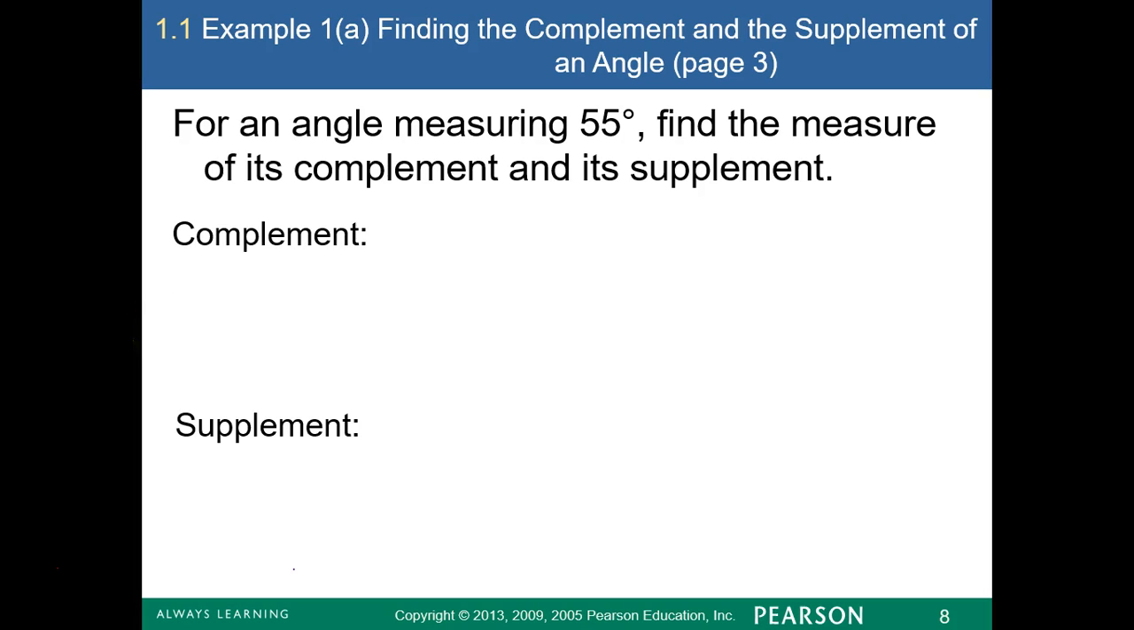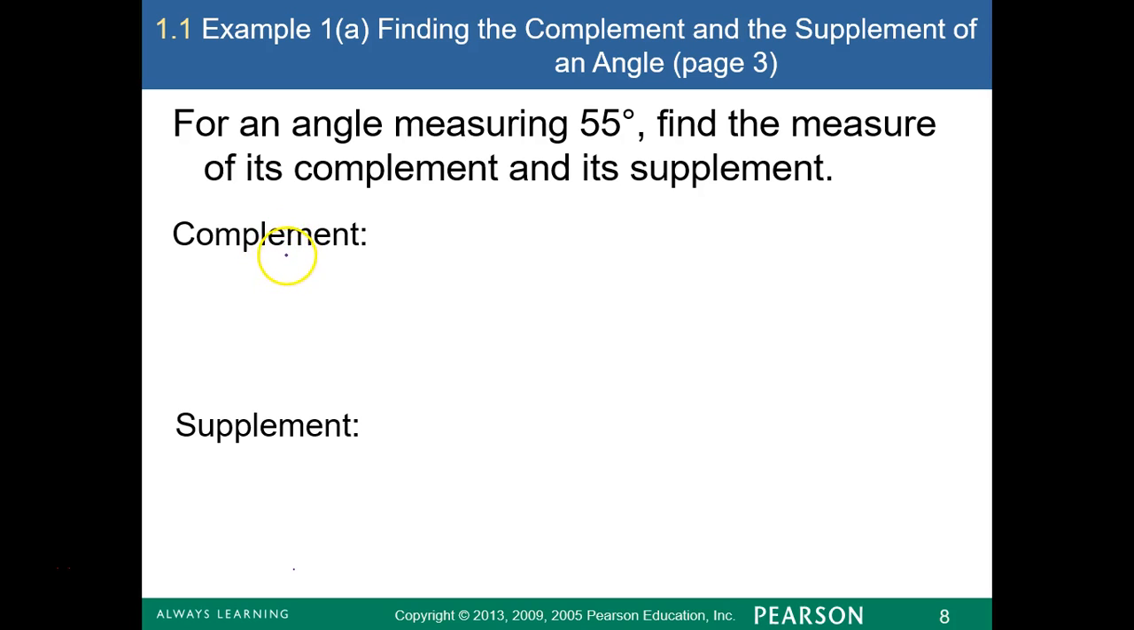Okay, so for our first example, we are asked to find the supplement and complement of a given angle measurement. For an angle measuring 55 degrees, find the measure of its complement and its supplement. If you remember from geometry, complementary angles are angles that add up to 90 degrees. Supplementary angles are angles that add up to 180 degrees. So